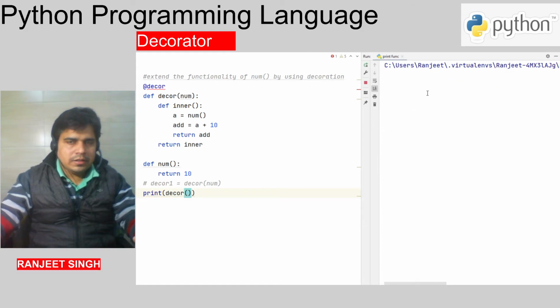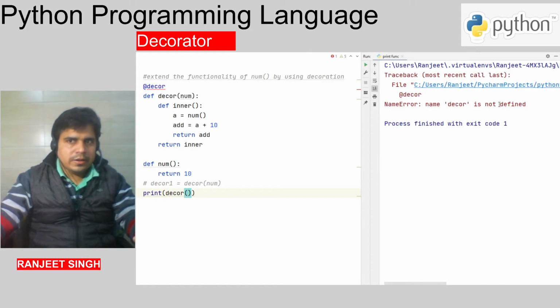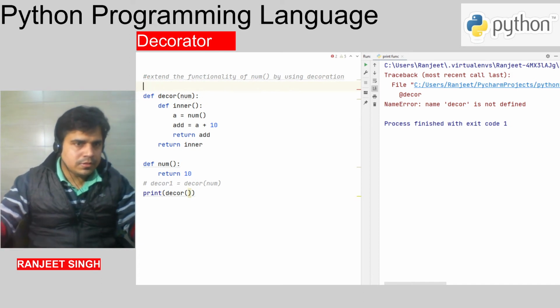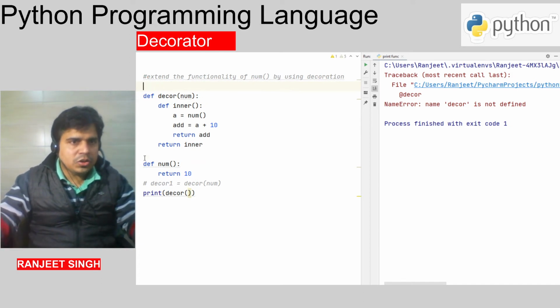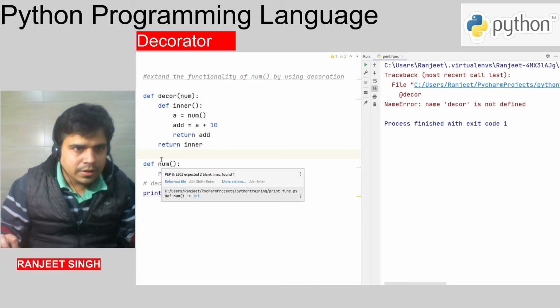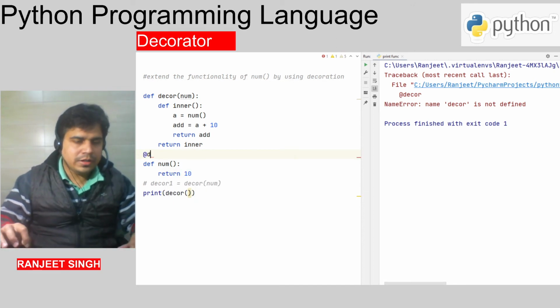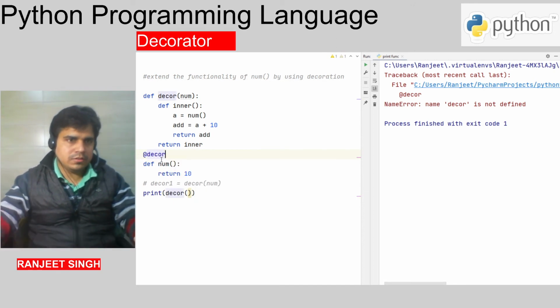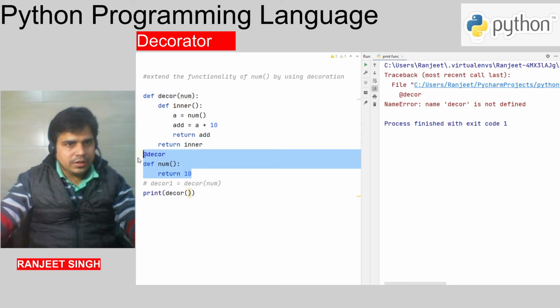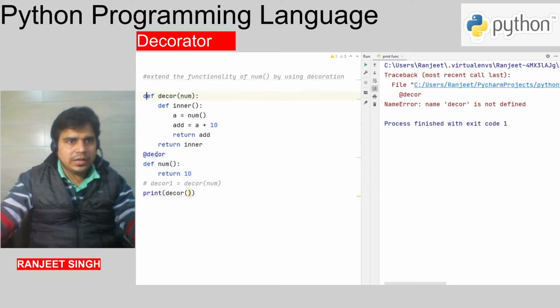Again I think decor is not defined, right? So what we can do, we are actually decorating this function, right? So we will use here the at the rate decor.